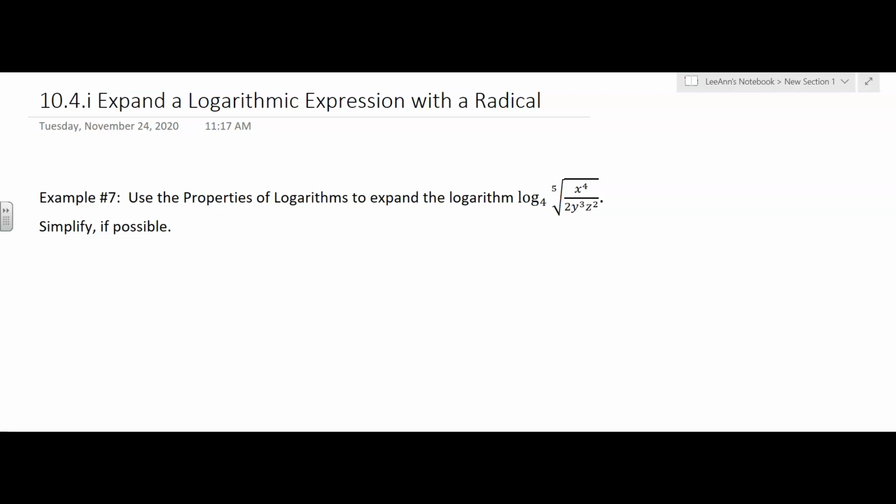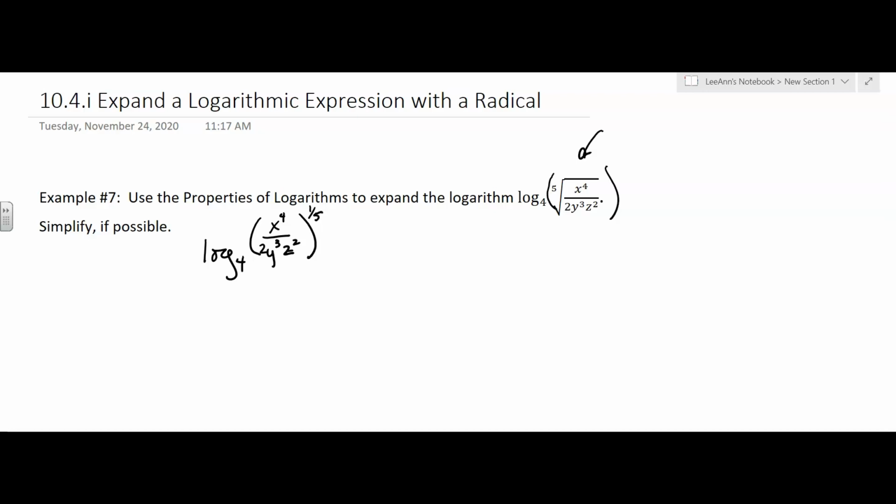Okay, so now we're going to expand a logarithmic expression, but there's a radical inside with that argument. Now, I would probably write it with parentheses around that so you could see what the argument was, but we're going to change it anyway. So we're going to rewrite this as log base 4, and then we're going to write x to the 4th over 2y cubed z squared, all to the power of 1/5. So we're taking it from radical notation and we're putting it in